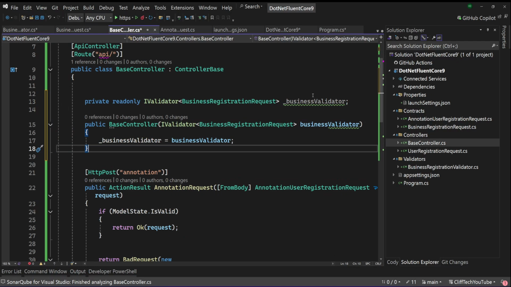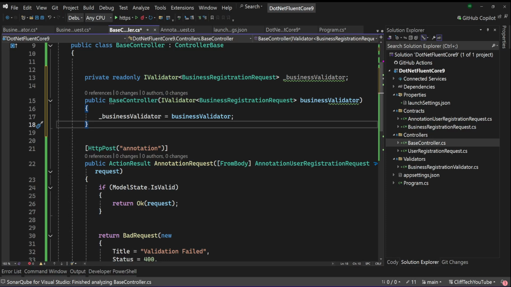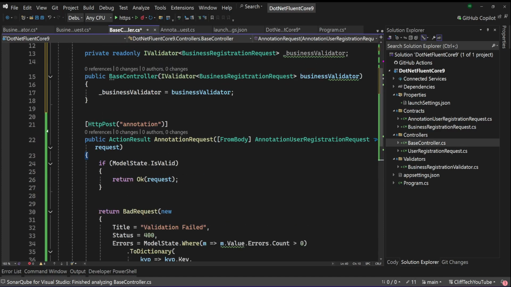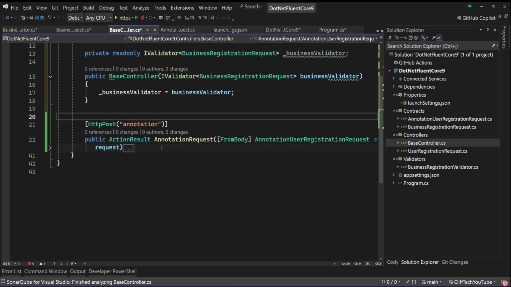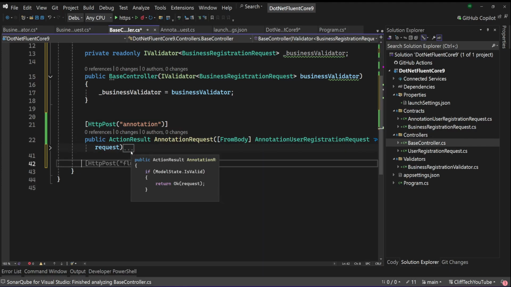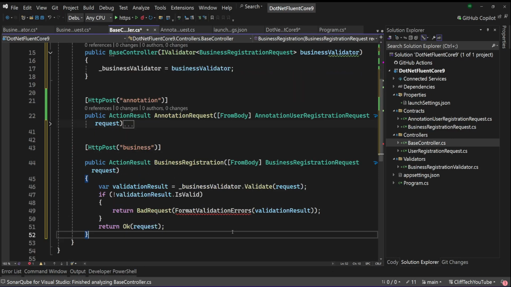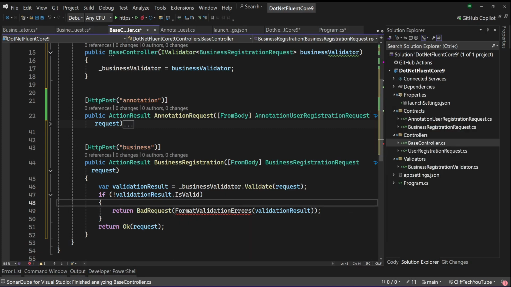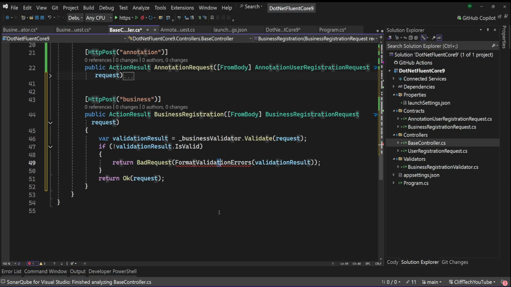So we are going to create another endpoint, and the endpoint is also going to be business. A very, very simple endpoint. So let's create another endpoint. This is the annotation one. What we can do is close this so that we go ahead and create the rest. So we can have the business one here, and then let's try to bring this in. First of all, I'm going to create a private class